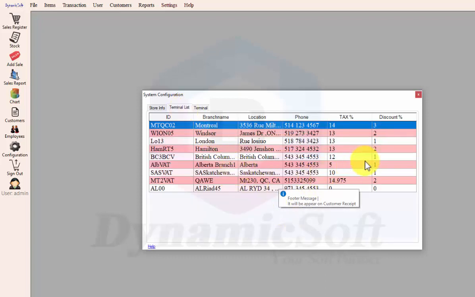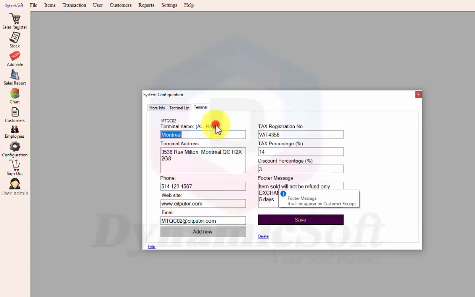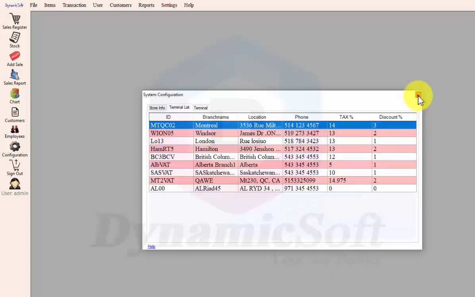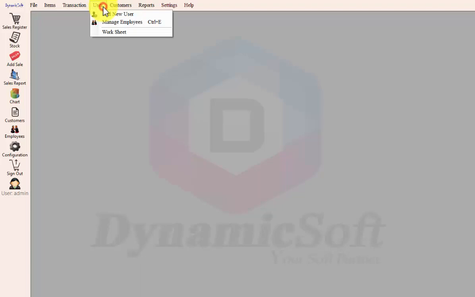From this tab you can edit anytime. But remember, this is the branch name, so no space is allowed. If your name is like this, it will not be allowed. So put a hash and save it, and go to user,